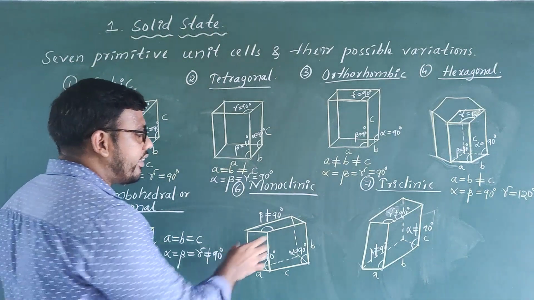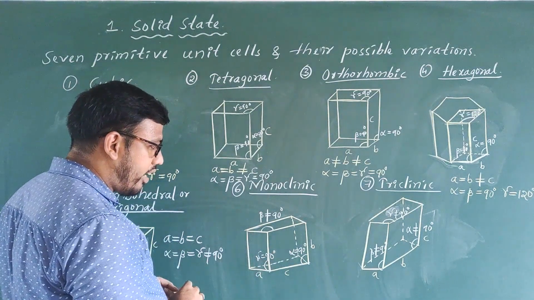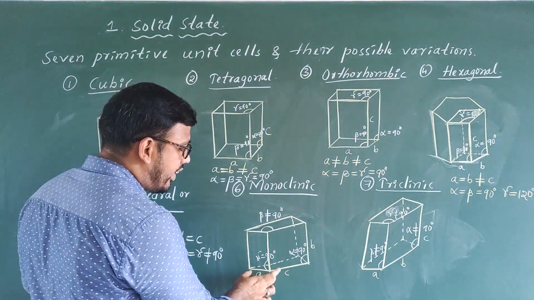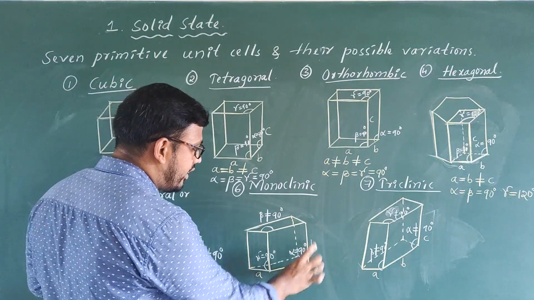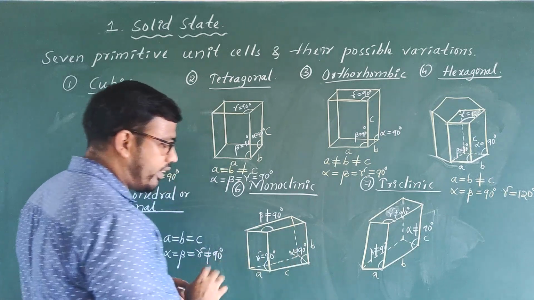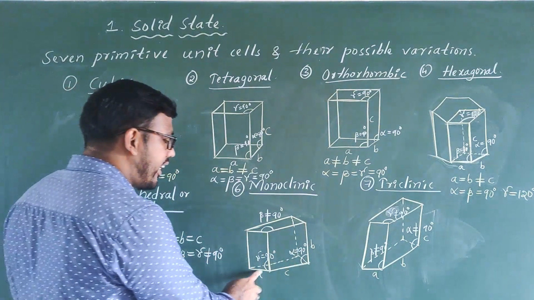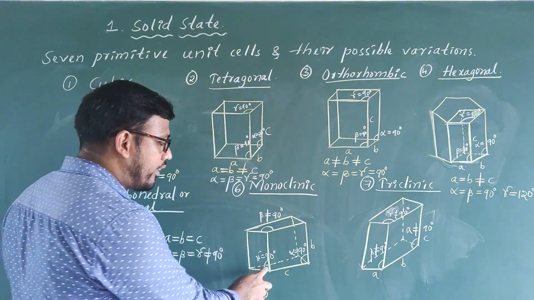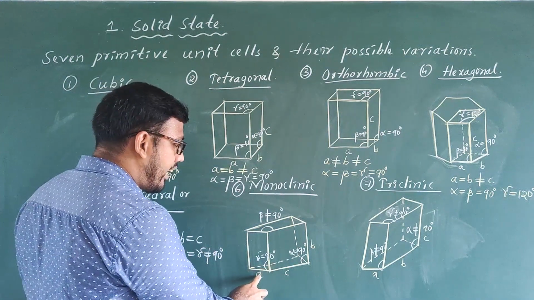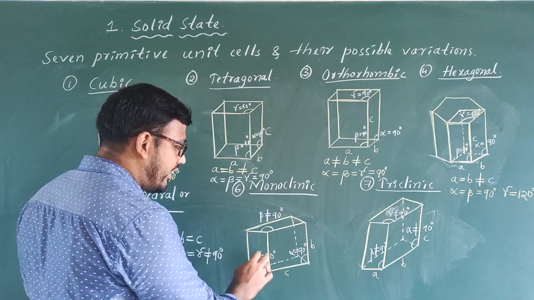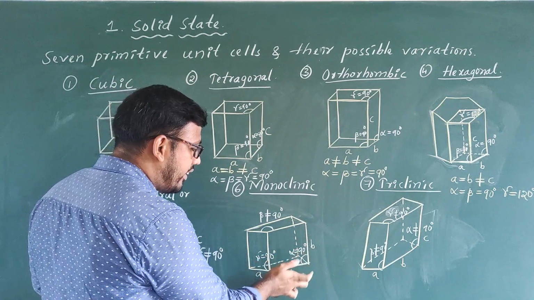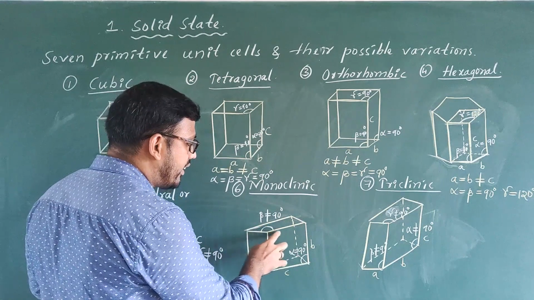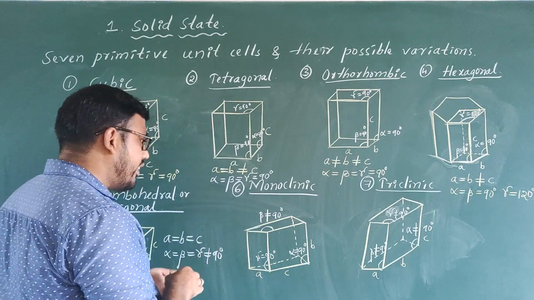Next coming to monoclinic system. In this monoclinic system, if you observe properly here, see this, A is small, C is large, B is somewhat smaller than C, means the edge lengths are not equal, but the two axial angles, the angle between A and B, gamma, is 90 degree, angle between B and C, alpha, is 90 degree, but beta between A and C is not equal to 90 degree.